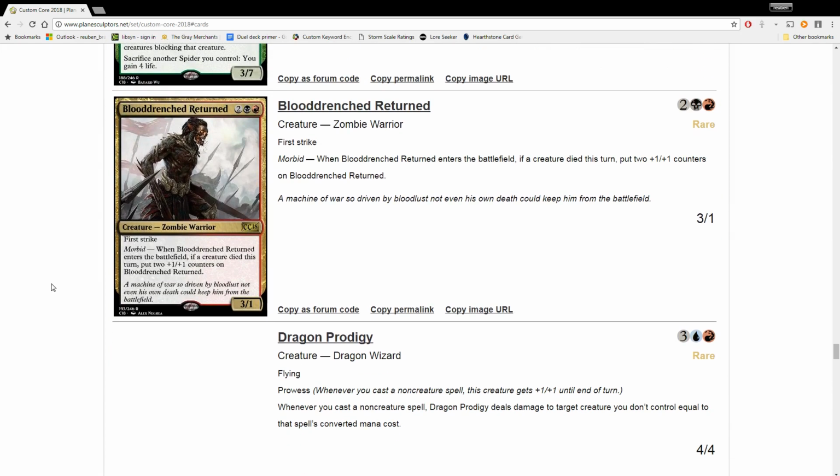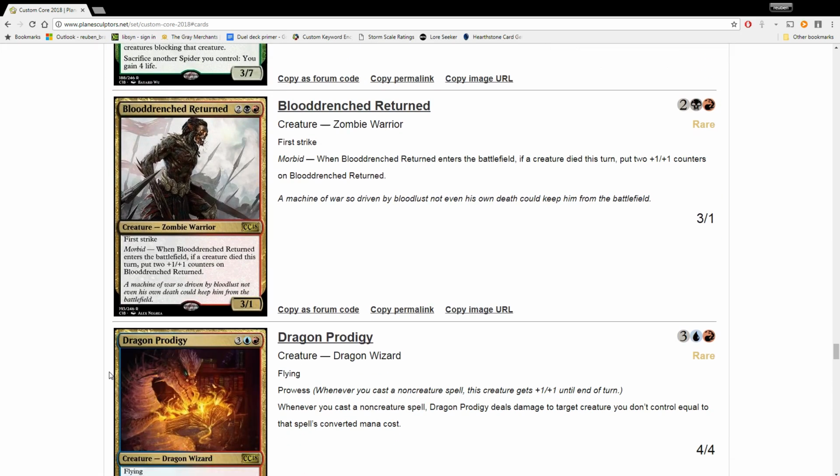Blood Drenched Return. 2 black-red, 3/1 zombie warrior with first strike. And Morbid: when it enters the battlefield, if a creature died this turn, put 2 +1/+1 counters on it. Now, a 5/3 first strike is quite good. However, you can't guarantee that, and even then, I think you have better things to do at 4 mana. If this was just a vanilla 5/3 first strike, I don't think there would be